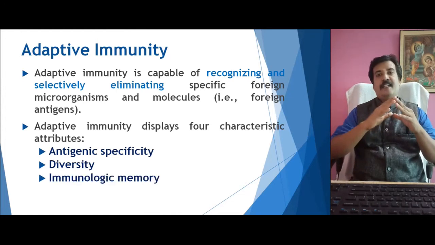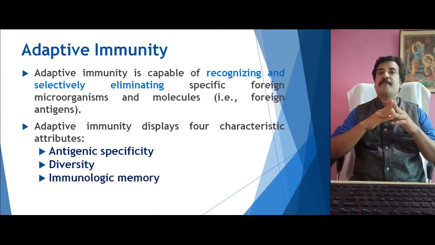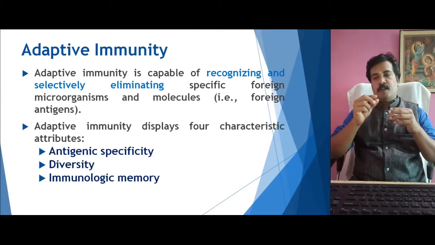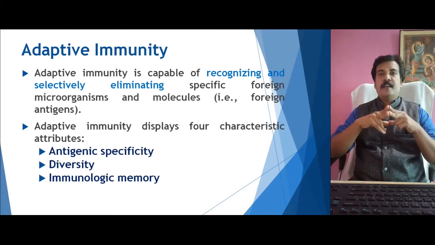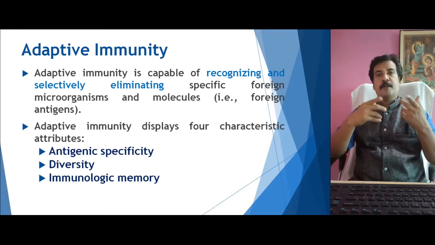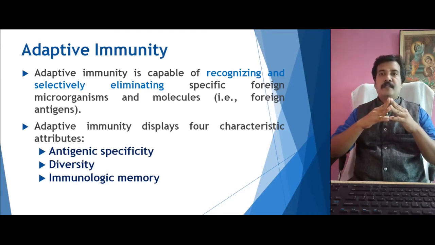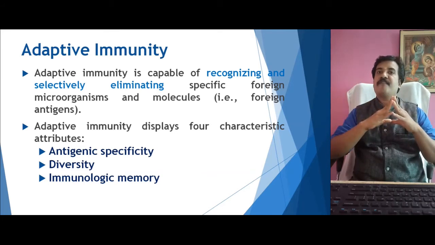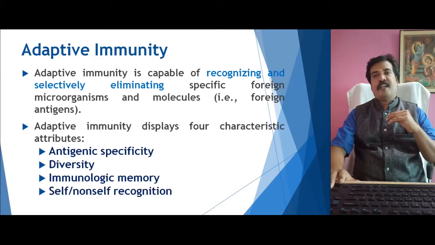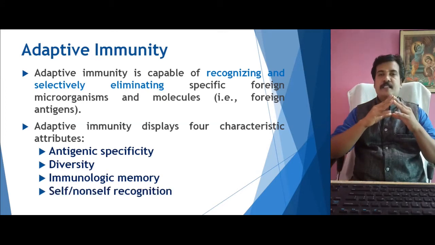And third, it can keep an immunologic memory, that is, it can produce memory cells. For example, we vaccinate children. Once we vaccinate a child, he never gets that infection in a lifetime. That means during vaccination in the early stage, the immune system produces memory cells. These memory cells remain relevant throughout the life of the child, so it protects against the infection the second time. And the final one is that since the antigens are protein in nature, our body cells also contain proteins